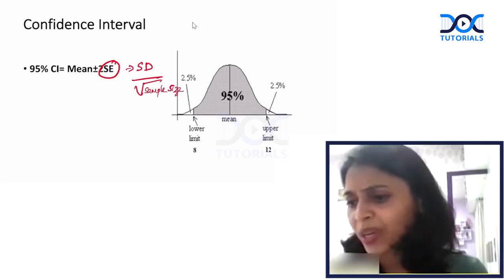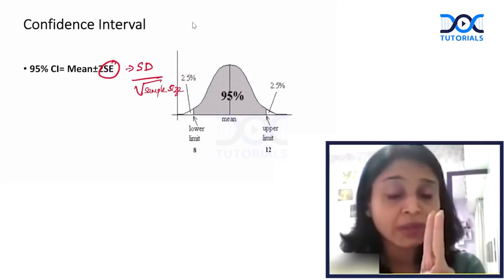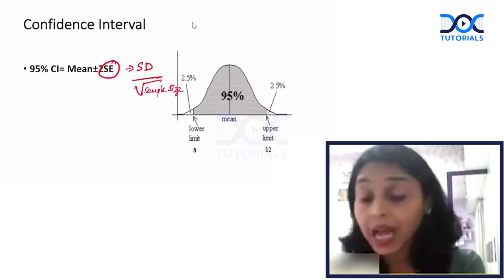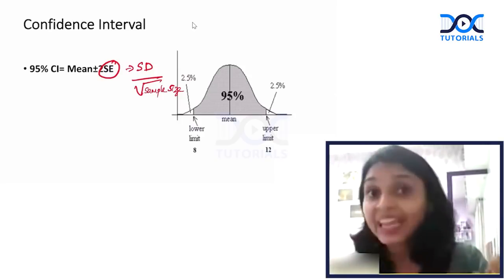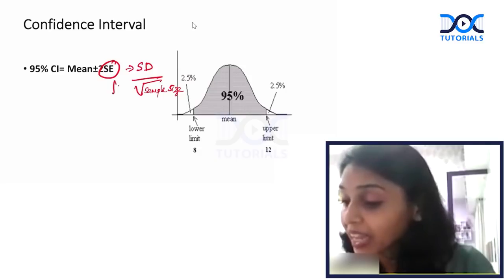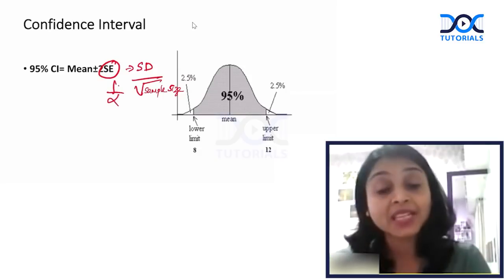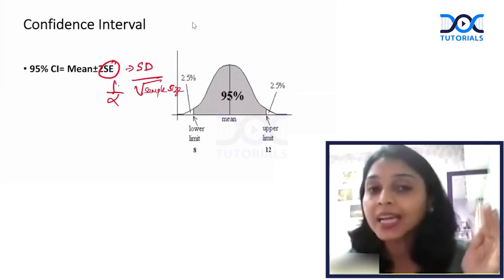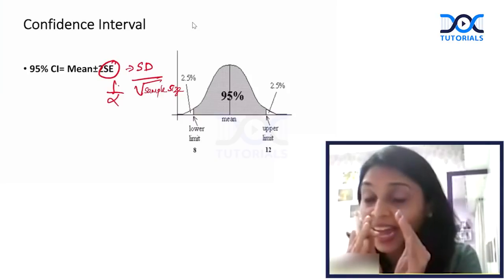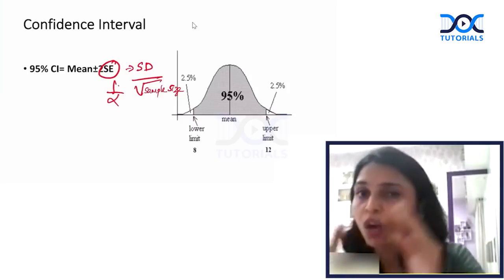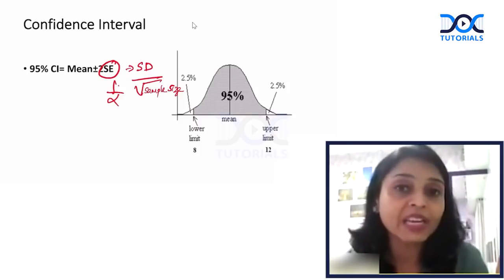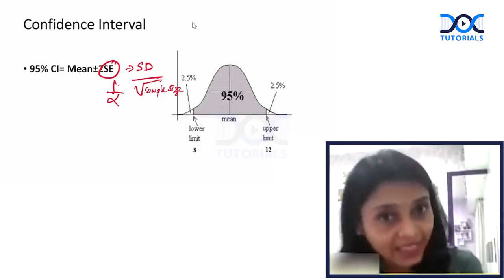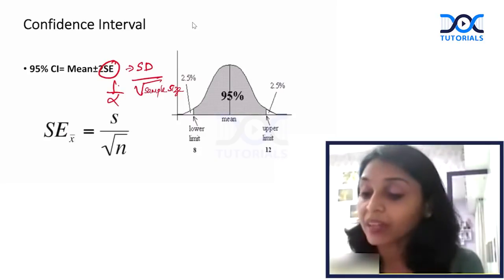So naturally, look at the sample size. Two options were from sample size, right? And sample size is coming in the denominator part. So they are inversely related, right? As the sample size increases, what happens? The confidence interval decreases. And as the sample size decreases, the confidence interval increases. So the question was, when does a confidence interval increase? When sample size decreases. So there the answer is